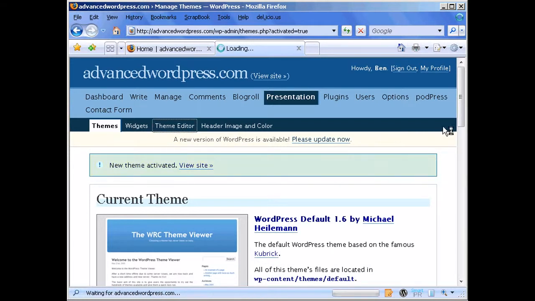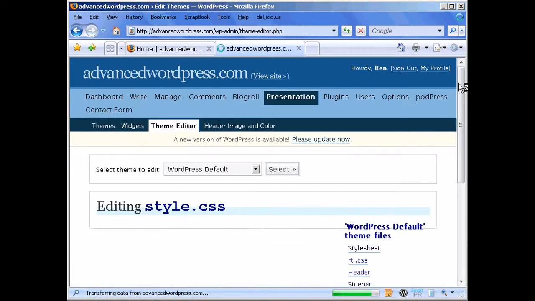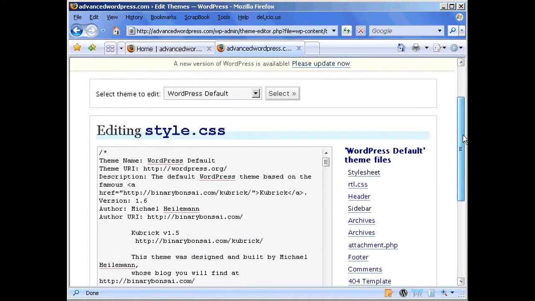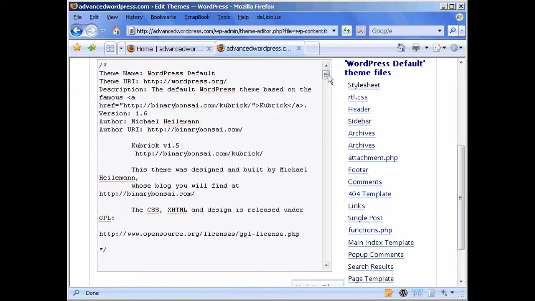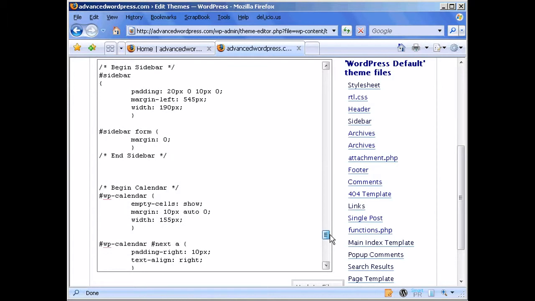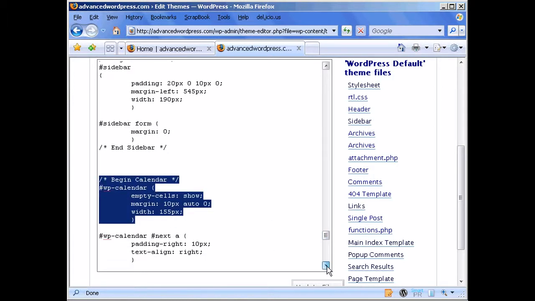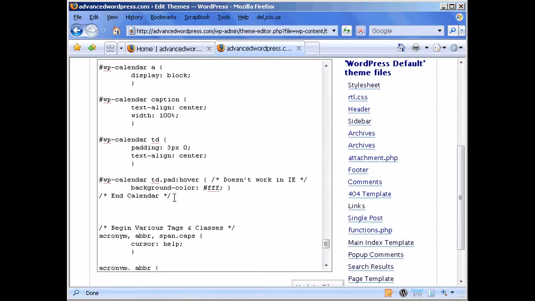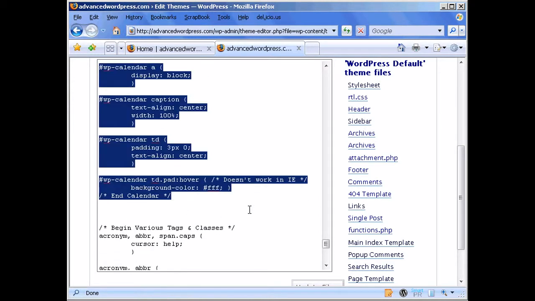We go into the theme editor, and obviously the calendar is all styled with the style sheet. So what we need to do is go and find calendar, and here it is. So we just want to take this code out here and calendar, control copy,